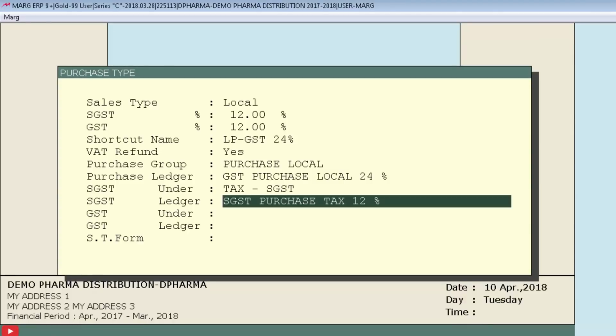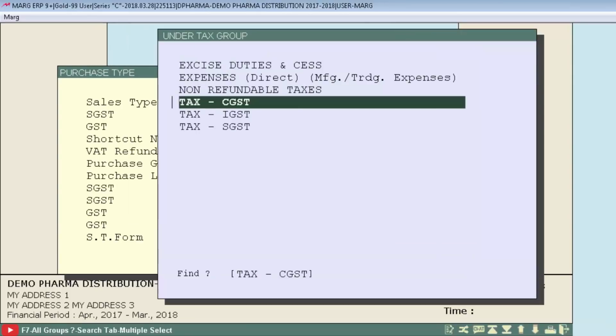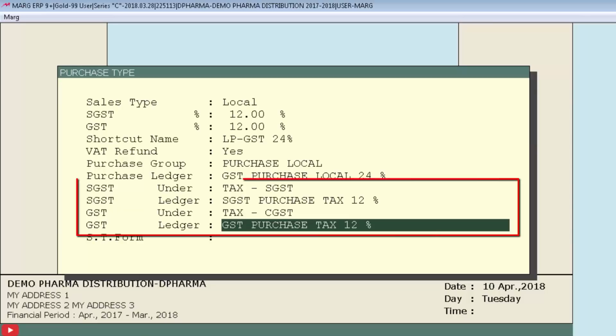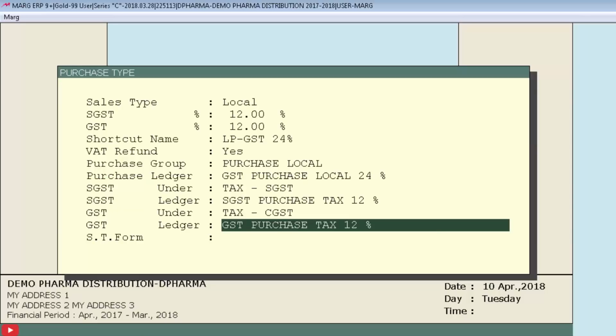Then as you press enter, an under tax window will appear again in front of you. From here you will select the tax group for the same GST under, and the GST ledger will be created automatically. You don't need to change anything in it. Just keep pressing enter for all these four fields.